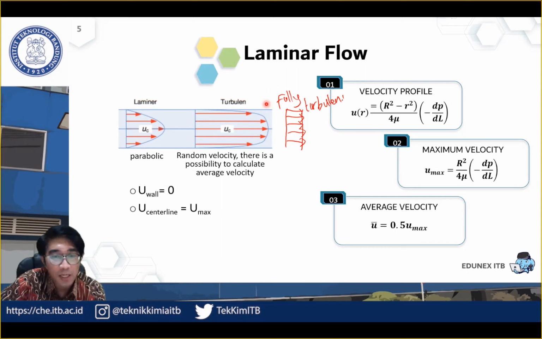Okay, for the laminar flow, this one, the maximum will be at this point, right? We call it center line velocity or maximum velocity, exactly at the center. And then at the wall, the velocity will be 0. And the profile is a hyperbolic profile, right? So we can correlate the velocity at any point. Small r means any point along the radius. 0 means at the center, and bigger R is at the wall.